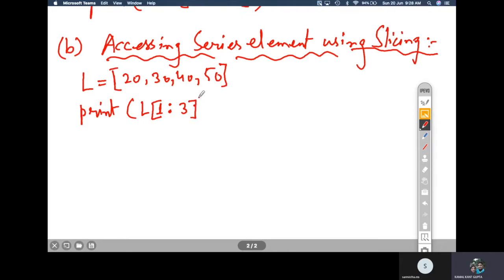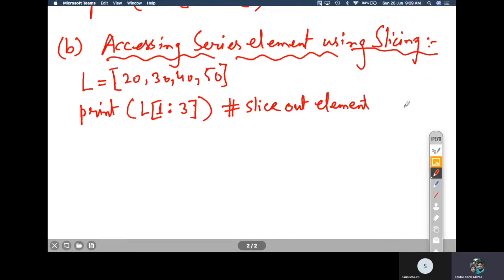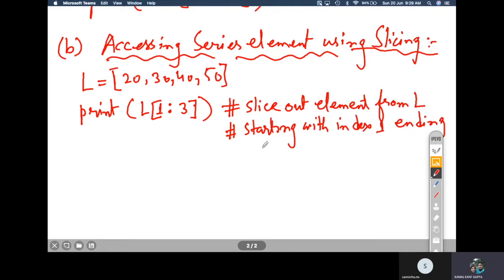What it will do is slice out elements from the list L, starting from index 1 and ending up to index 3 minus 1, that is 2. Okay, so that was the concept.